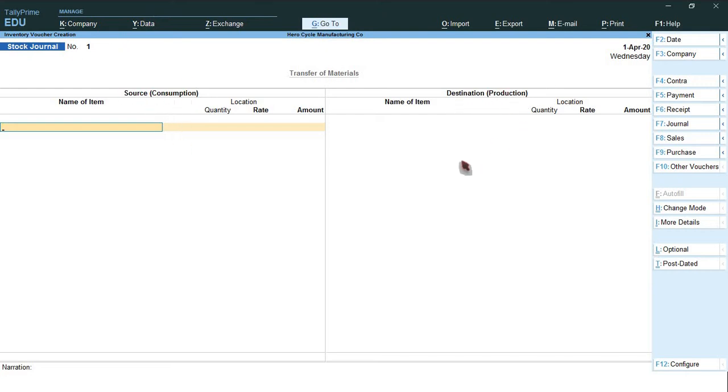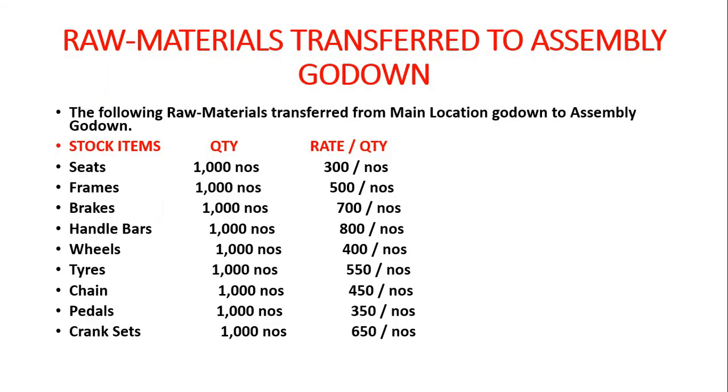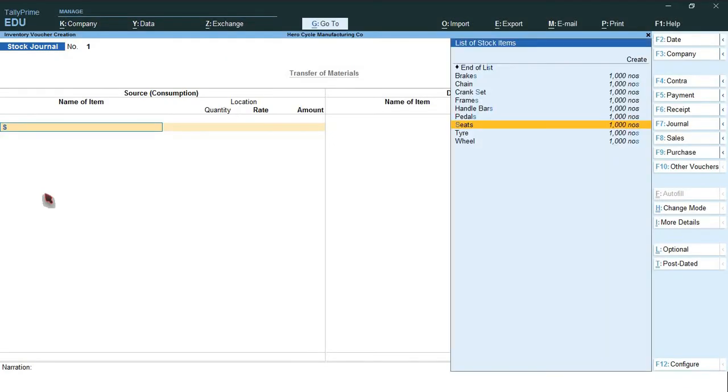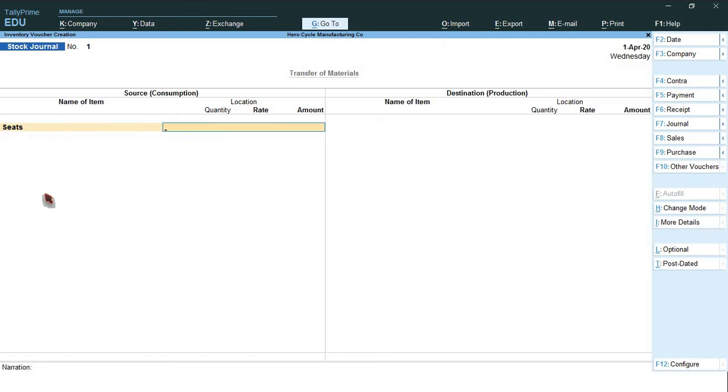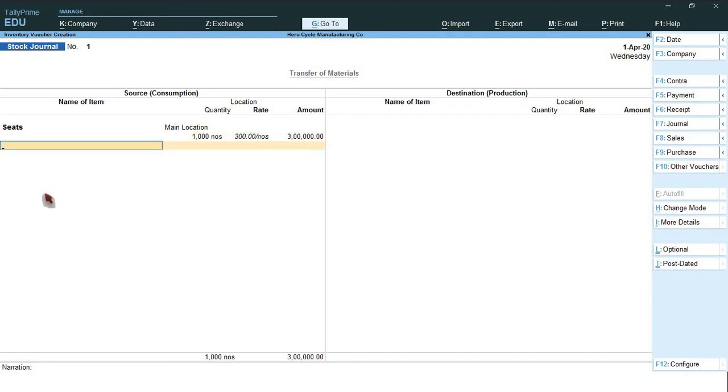Destination, this is to Godown. So on the left hand side you have to select from Godown. On the right hand side you have to select to Godown. So stock items, quantity and rates are the same. So seats, select seats. Location, main location. Quantity 1000. So rate will come automatically.